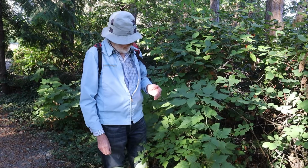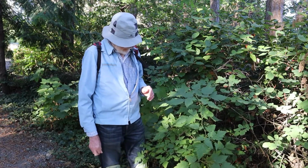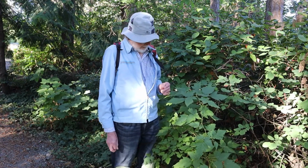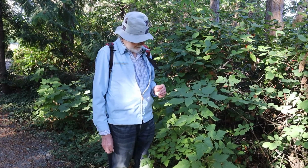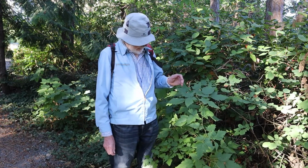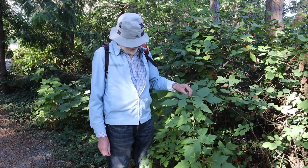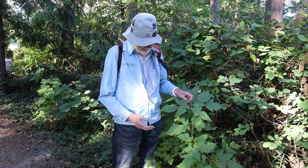There's two different genetic forms of this particular plant. Some of them have orange berries and some have red berries, and there's a difference of only a single gene between one form and the other, sort of like blue eyes and brown eyes. And salmonberry has been crossed with raspberries, and myself and a lot of other people like the taste of this